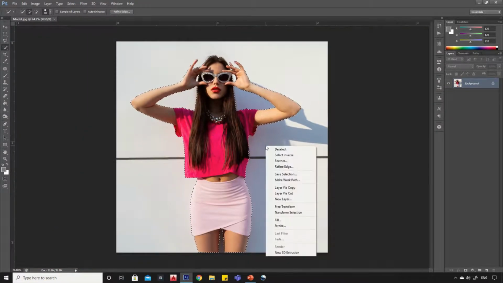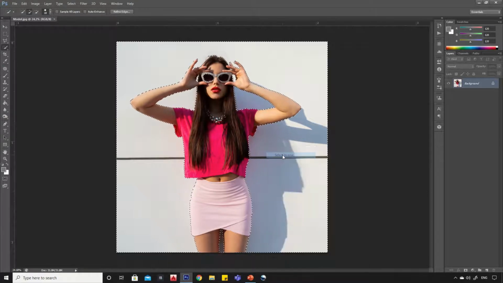Once the subject is selected, then right-click and click on Select Inverse option.